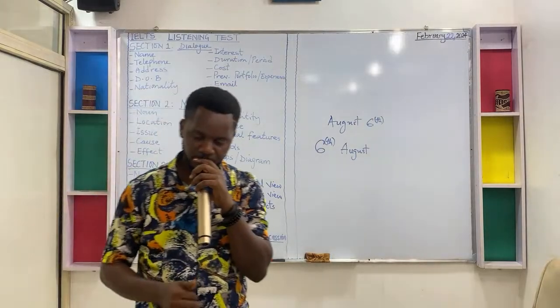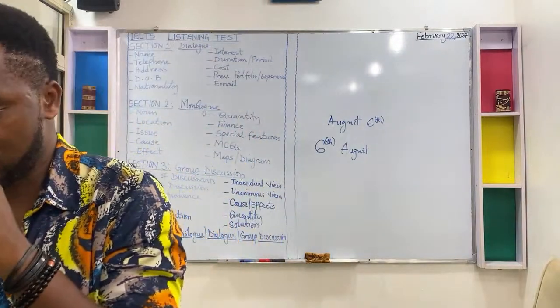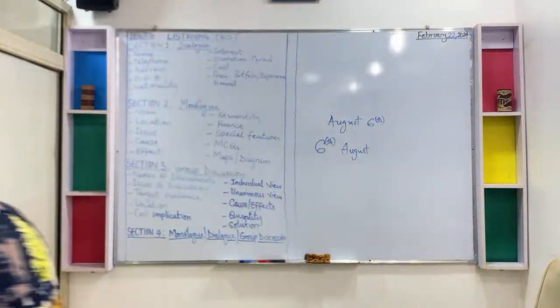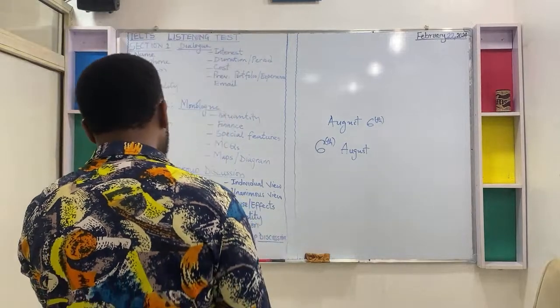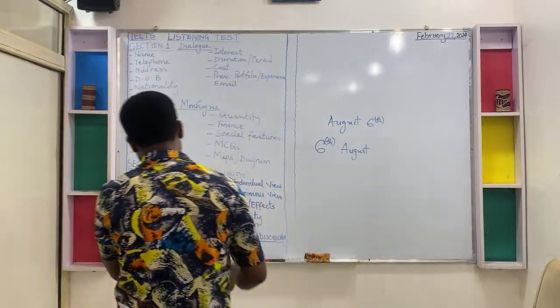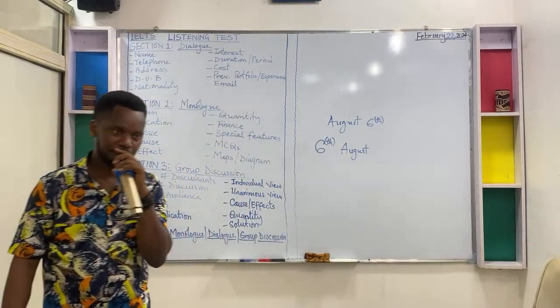Then cost. If the person wants to take up a temporary job, the person might get the information about the stipends that will be given to the person on a monthly basis. If the person is interested in a particular product, the person wants to buy something that will be a part of a particular program, and payment is meant to be made, the person will be told the financial implications.